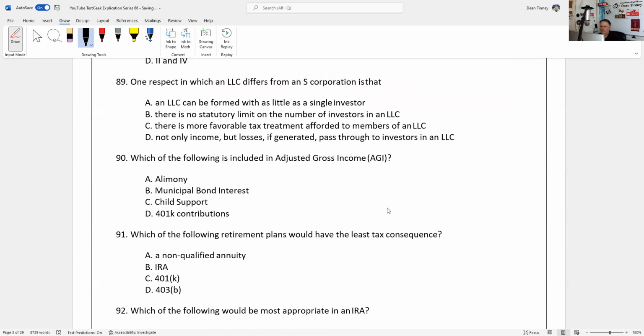One respect in which LLCs differ from S corps is that an LLC can be formed with as little as a single investor. There's no statutory limit on the number of investors in an LLC. That is a key distinction. Remember, with the S corp, there is a statutory limit of 100 investors, of which none can be aliens. And so here,